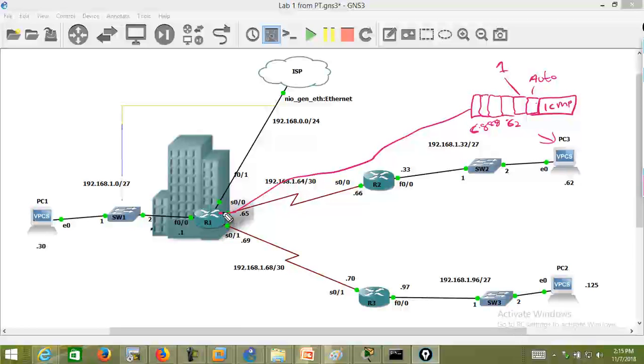So when that packet comes and hits this router, it's being NATed. So you see why we call it NAT and PAT, because you can see that this source IP address, 192.168.1.62, will be translated using the source port number. So let's say that my computer generated 44444, because it has to be above 1024. So when it hits this router, the packet now will leave the router with this subnet IP, because my router I have assigned it